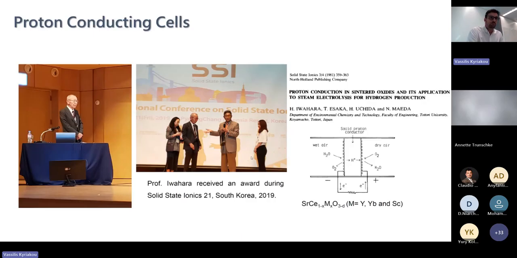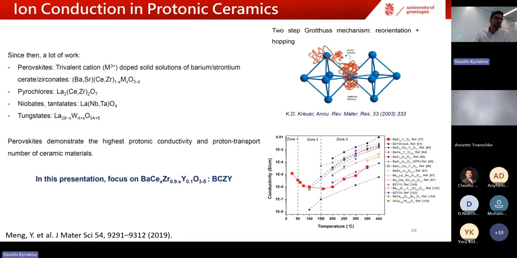The first report came back in the 80s from Professor Iwahara's group in Japan, where they created a hydrogen pump by using a perovskite based on strontium and ceria. So strontium on the A side, ceria with another metal like ytterbia, it was the best one, on the B side. After that, there was interest, but not a significant rise in publications over the years.